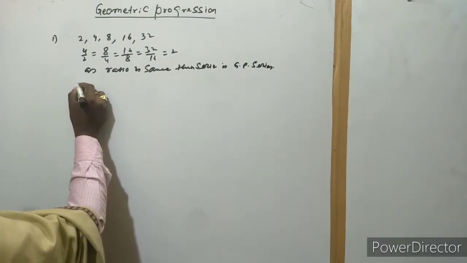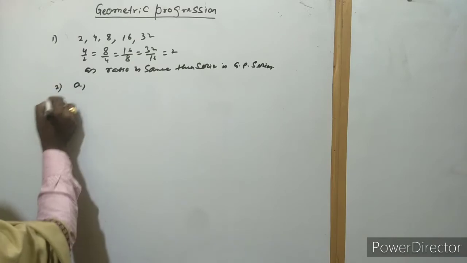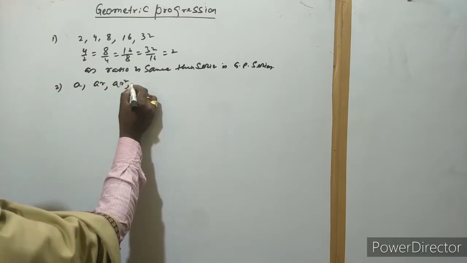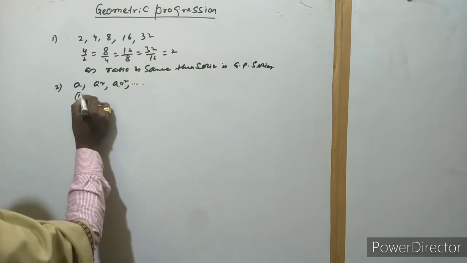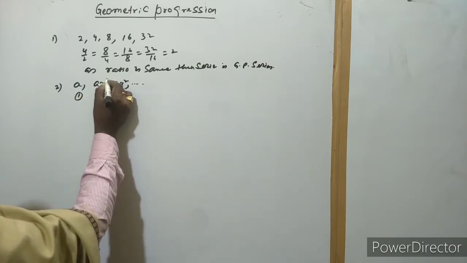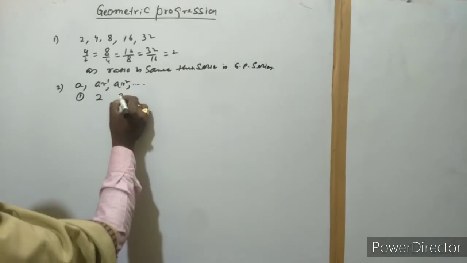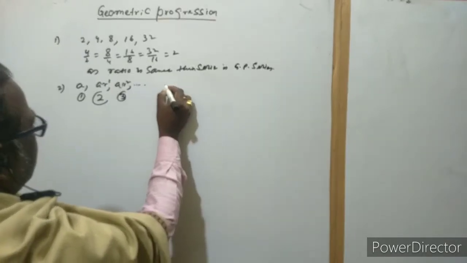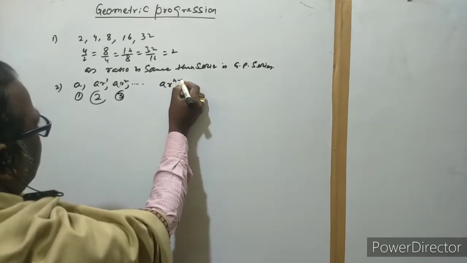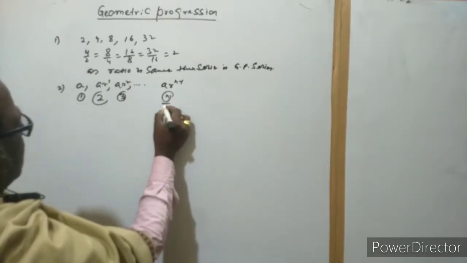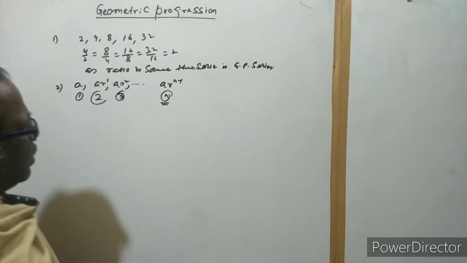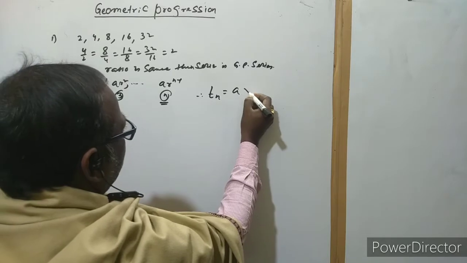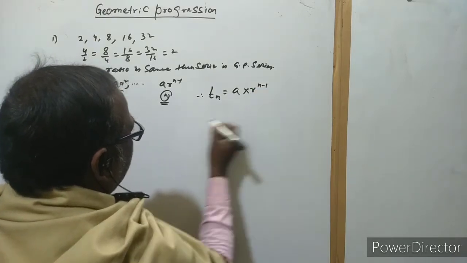Now, for example, this is example number 2: a, ar, ar square. This is the first term, the second term has r to the power 1, and this is the third term, where the power we have is 2. So if it is r to the power n minus 1, then we can say this is the nth term. Therefore Tn is equal to a into r to the power n minus 1, where